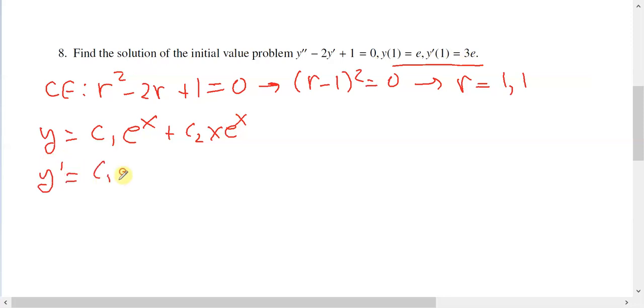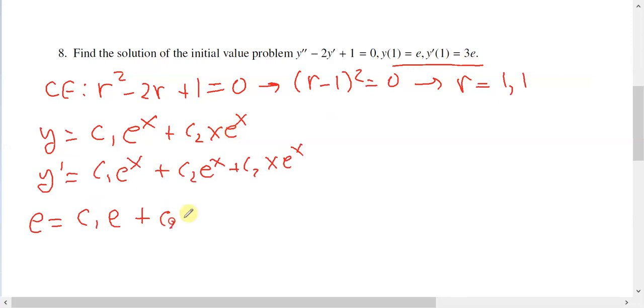This will be c1 e to the x plus, and here I use product rule, c2 e to the x plus c2 x e to the x, and then I plug in. So I know that I'm supposed to get e when I plug in a 1. Well, plugging 1 into this is going to be c1 times e to the 1 plus c2 e to the 1. And if you factor out and cancel the e, or divide both sides by e, you get this equation,